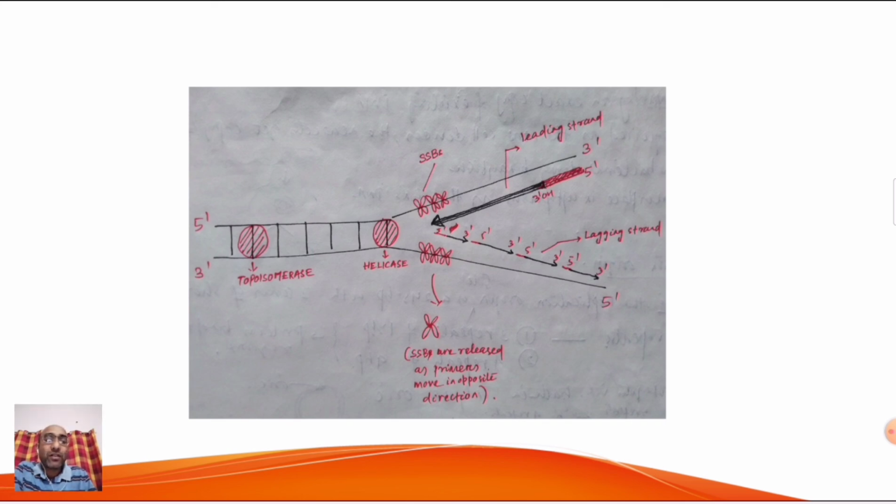Now how are they made continuous? First the primer part: DNA polymerase 1 acts on the 5' end, because the 5' end is free, as you can see, and removes it. Then DNA polymerase 3 adds new nucleotides from the 3'OH end of the previous segment and attaches to the new one. So now a complete DNA strand is formed. Okay, now the Okazaki fragments have been joined and a complete DNA strand is formed.